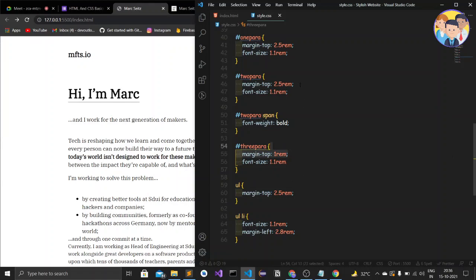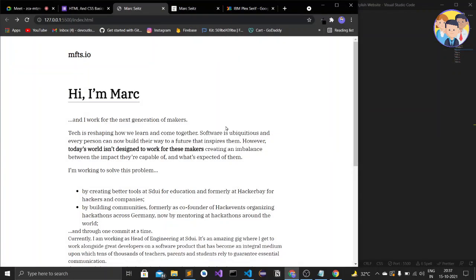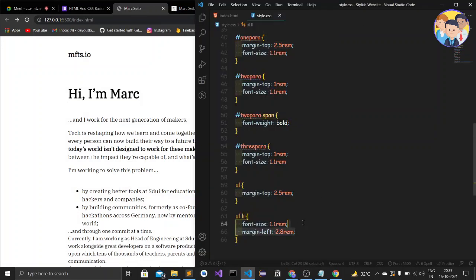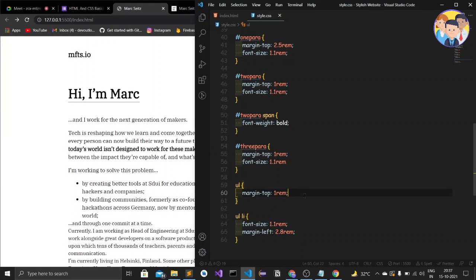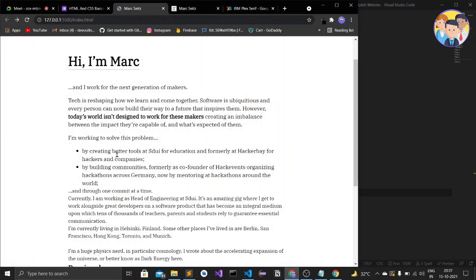I'll just Control C it, Control V. Alright, so here let's give the margin top as 1 rem. It's looking good. This is also looking good.